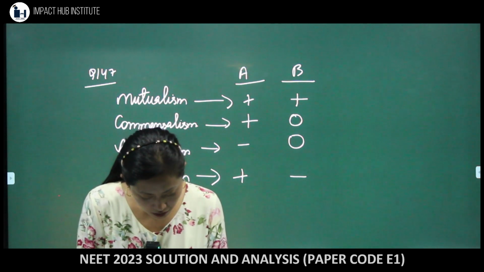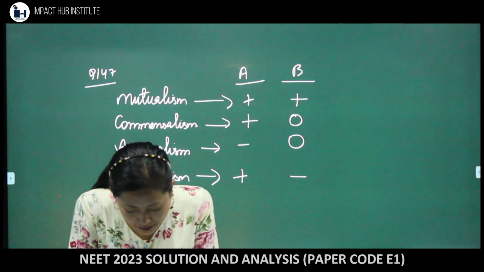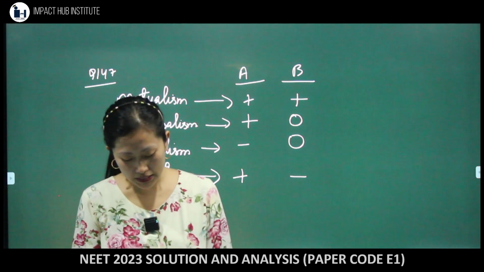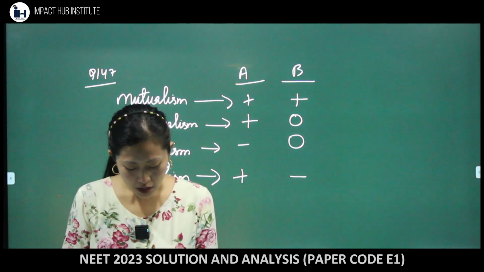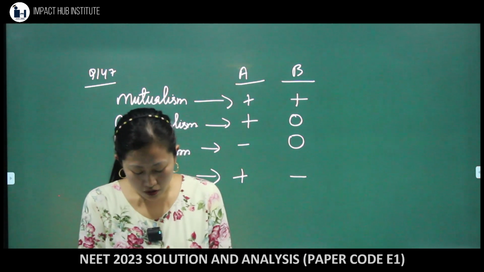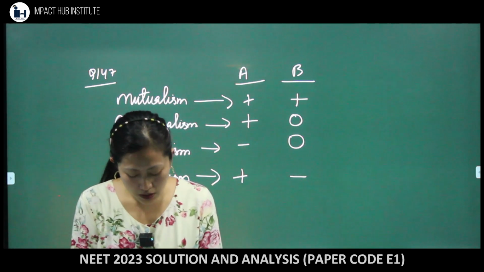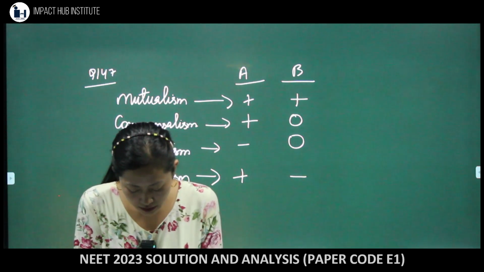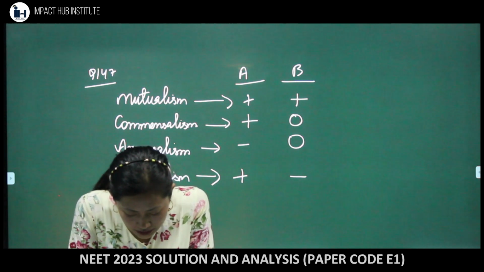Option 3. Statement 1 is correct, but statement 2 is false. The last one here, question number 150. Main steps in the formation of recombinant DNA are given below. Arrange these steps in a correct sequence. So here the question is from biotechnology principles and processes. They are asking us about the correct steps carried out in genetic engineering, that is rDNA technology,